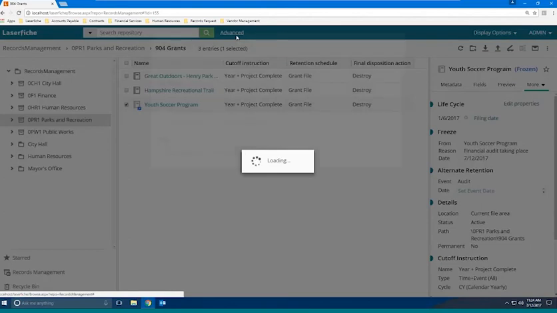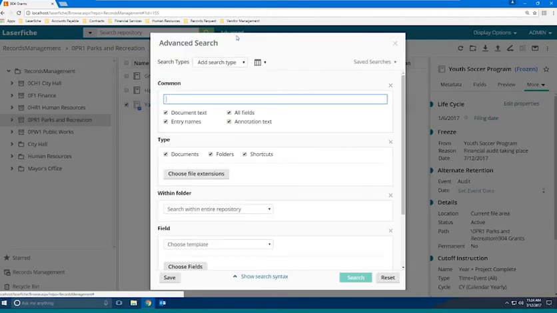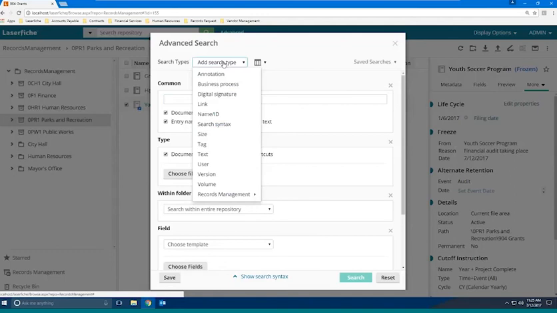So we'll let that pop up. The advanced search allows us to configure a more specific search. That's going to let us pair template searches, for instance, or folder search with records management properties. To configure a search, all I would have to do is go to our records management properties at the very bottom. And you can see here that even though we have that quick access menu on the left side that we were working with earlier, we can still use those same properties to do a more specific search